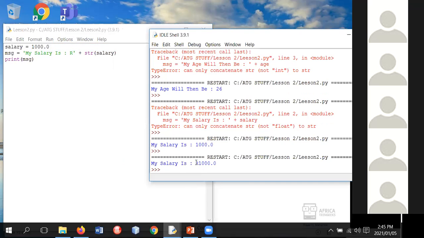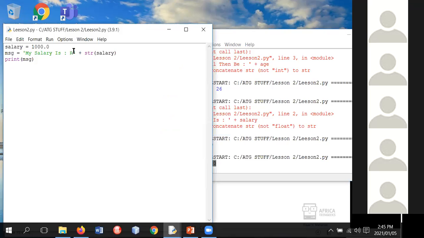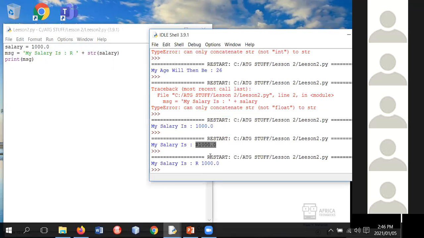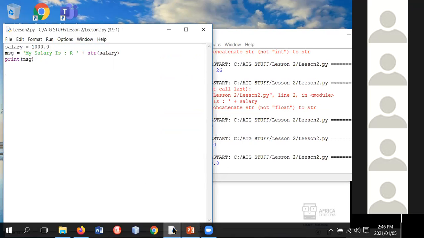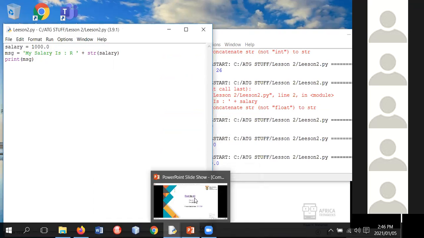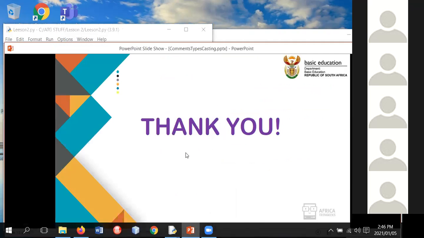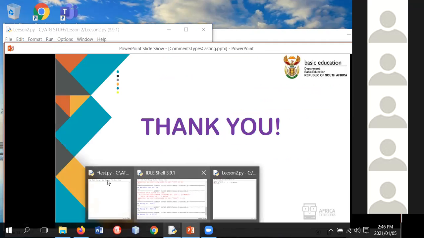Check it out, guys. It has an R in front of it. Doesn't look very good, but just remember, you can play around with it to make it look whichever way you want. Okay, so we got float to string, right? And that is the end of that presentation, but it's not the end of our lesson because